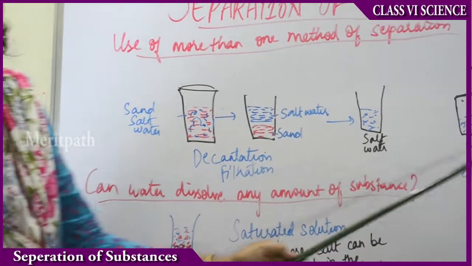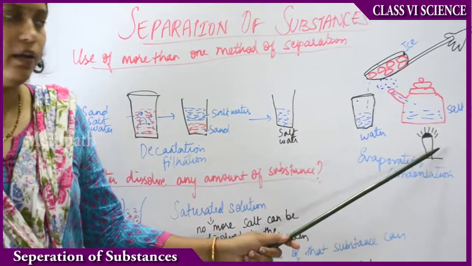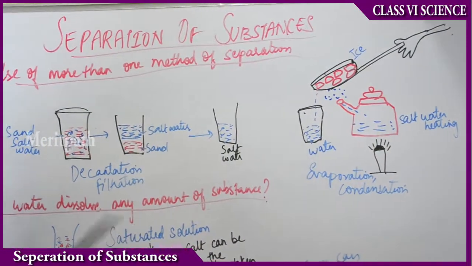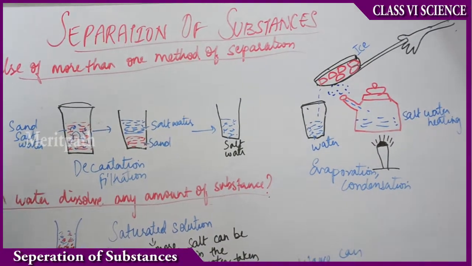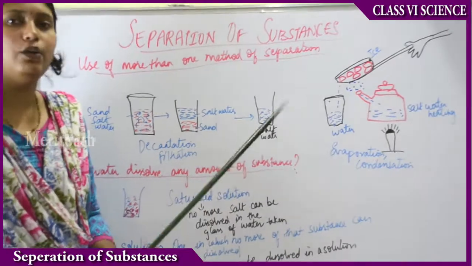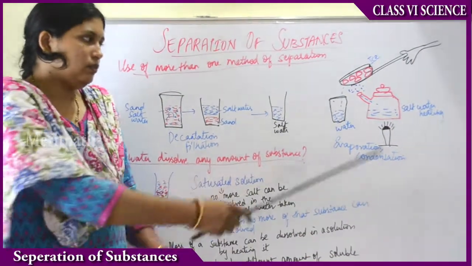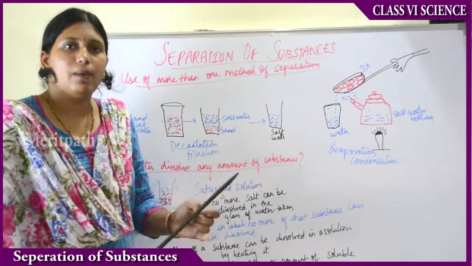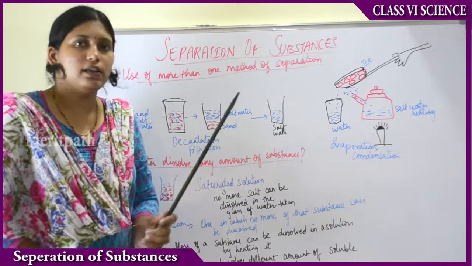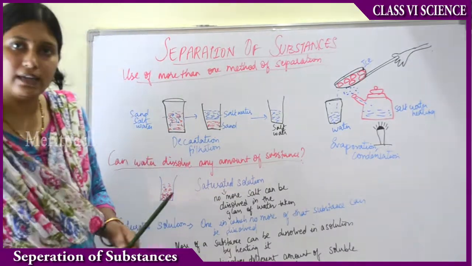Then this salt water is taken in a kettle and heated with the help of a burner. What happens when the salt water is heated? After some time the water boils. It reaches the boiling point, and then this boiling water will turn into water vapor by the process of evaporation. You remember the water cycle, right? Evaporation, condensation and everything. The same thing applies here. When salt water is heated, the water will boil after some time and turn into water vapor, that is steam.